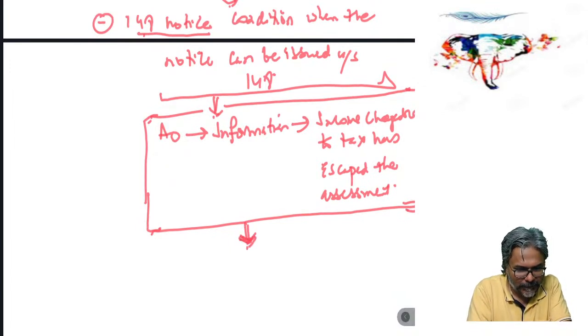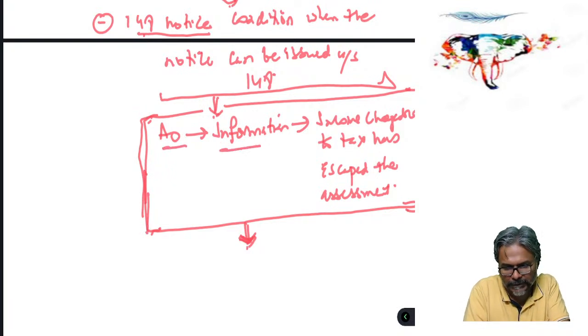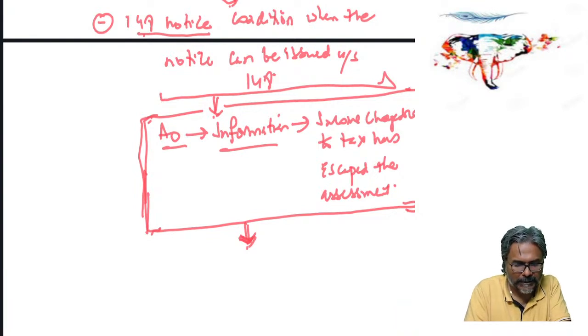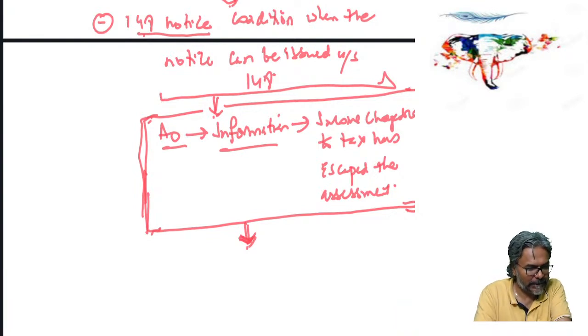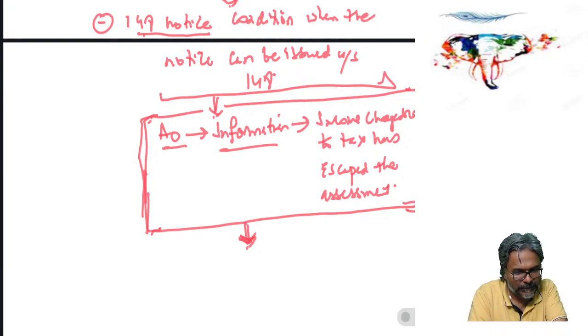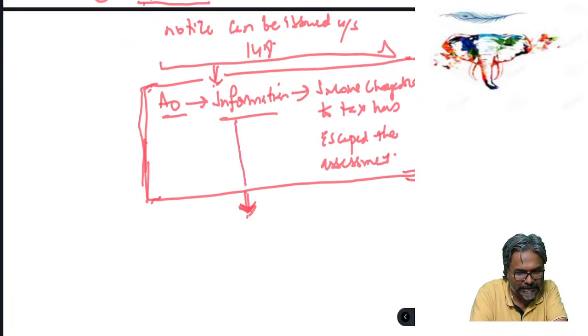In this particular context, the AO should have the information that the income chargeable to tax has escaped the assessment. Now, if this information is there, what exactly will this